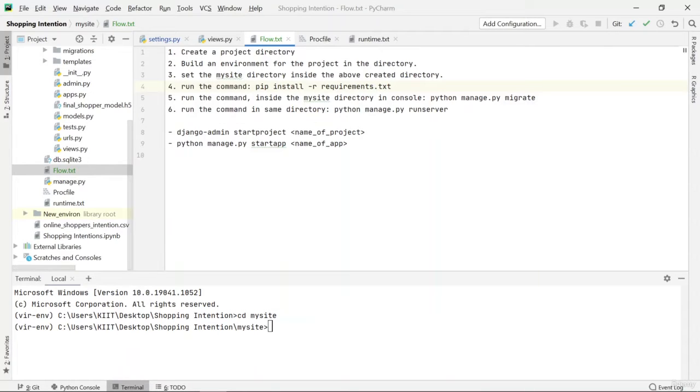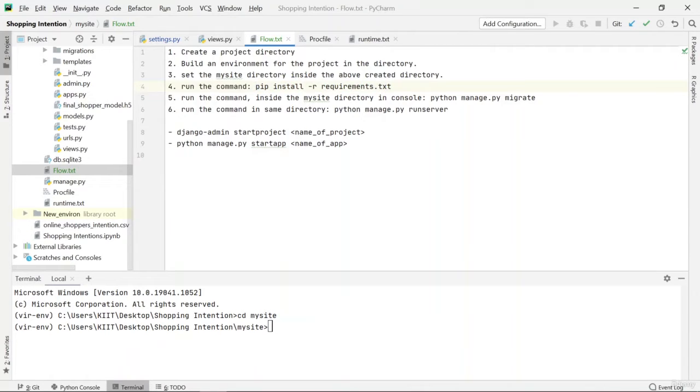So what this does is basically it tells the environment that all of these dependencies, all of these packages, are to be downloaded and installed so that this code can access those packages or modules and use them in the code. So this is very important.